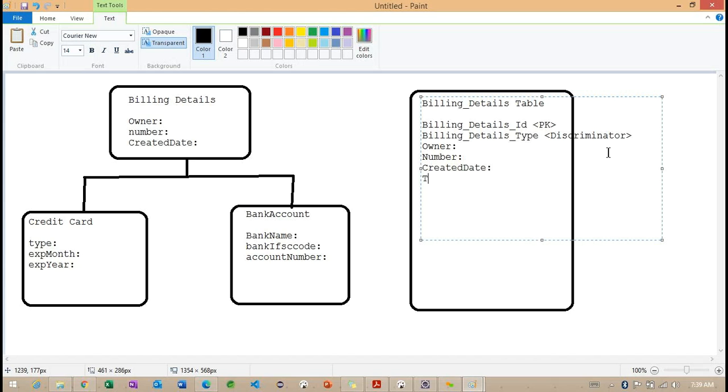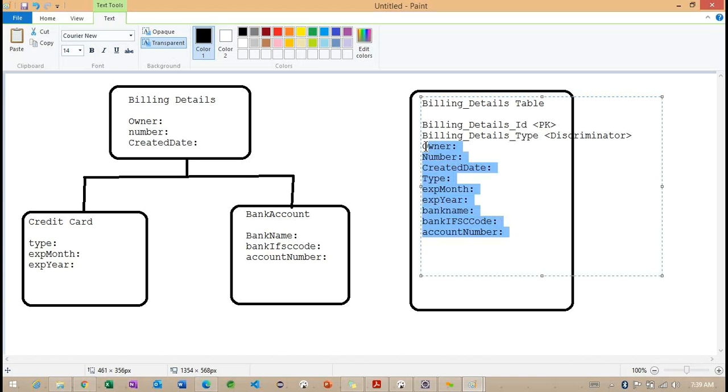After this, the type, expiry month, expiry year, bank name, and finally account number. Now you can understand that we are trying to define all the columns in the single table.